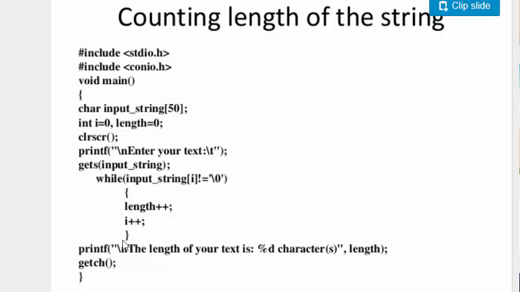So it will keep on increasing the value till S, and after S in computers, when it finds null, it will terminate and tell us the length. So length will be displayed by using the length variable. So this is how we can proceed manually.